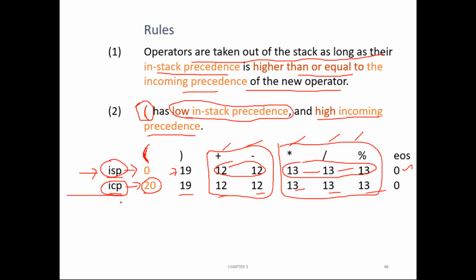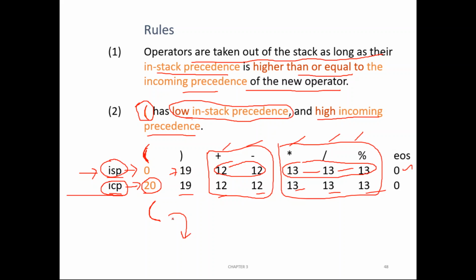Fine. And finally, the moment you find an element whose in-stack precedence is less than the precedence of the incoming element, then we push the incoming element into the stack. That's the logic. Now assume that the incoming element is an open bracket. If the incoming element is an open bracket, then what are you supposed to do? We just need to push that into the stack, nothing else. We need not do anything,